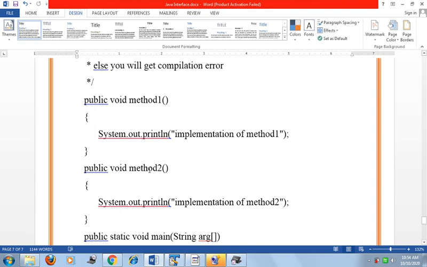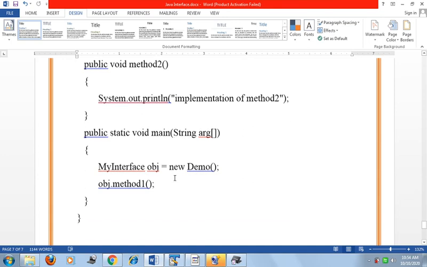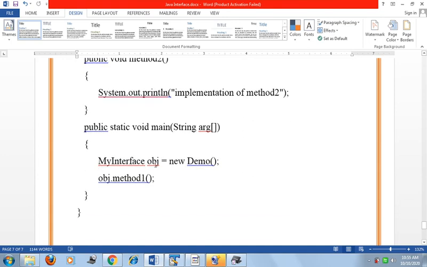Now we create the body of method2, and in that function we add the message "implementation of method2". Now we create a main method, public static void main, and here MyInterface obj equals new Demo, and we call obj.method1.